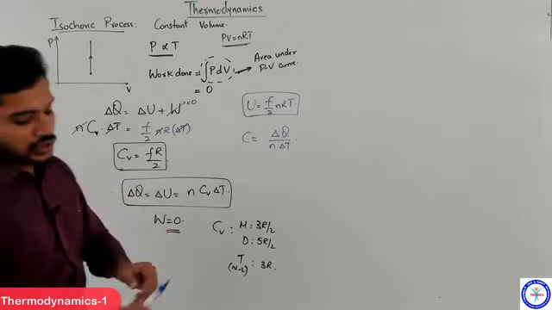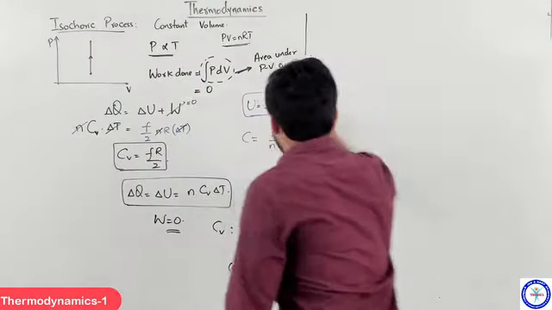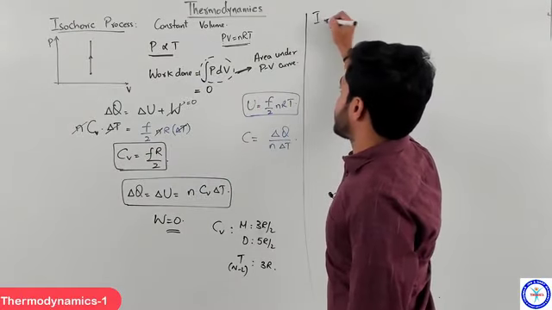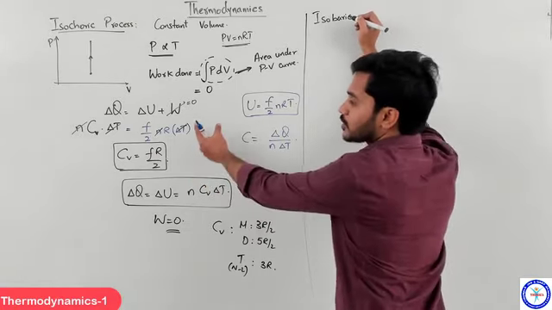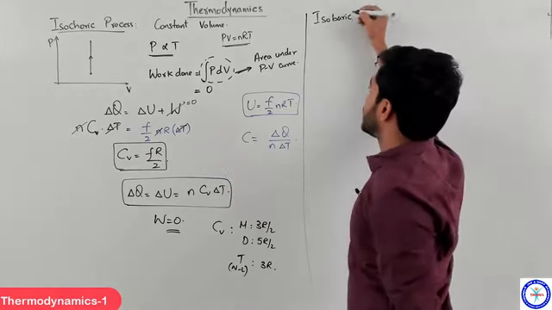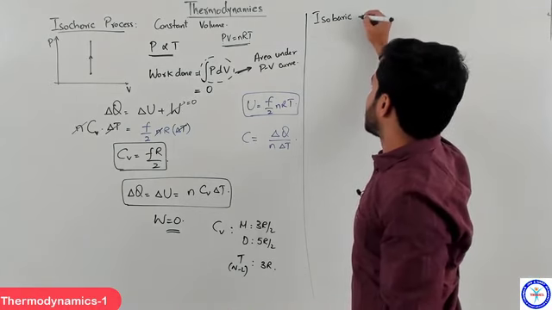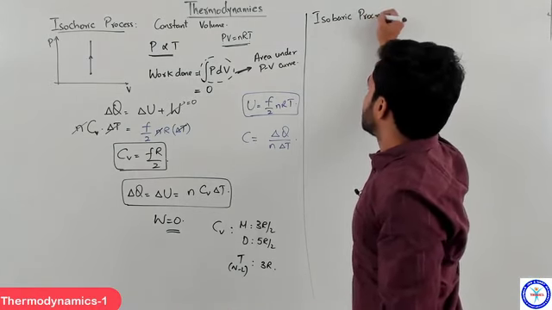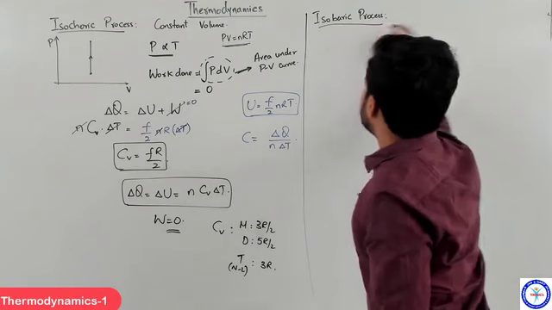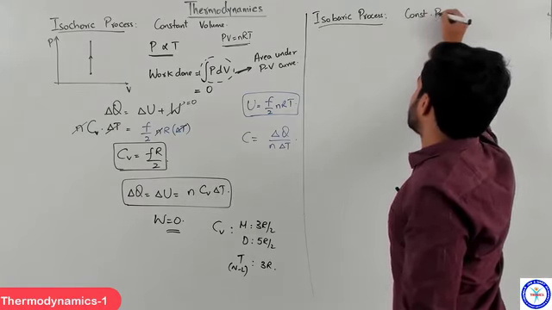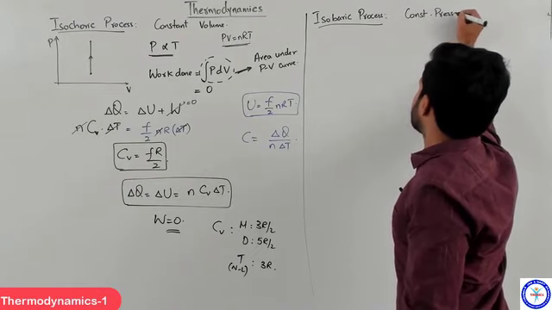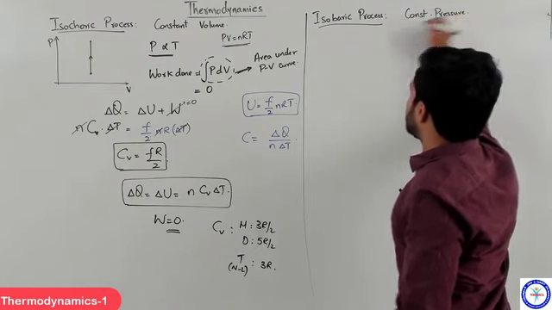And moving on to the next process, which is the isobaric process. Now in an isobaric process, unlike the earlier situation, we will also have a work done term here, right? Because the gas will expand. Isobaric process basically means the pressure of the gas will remain constant. And if you draw a PV graph,